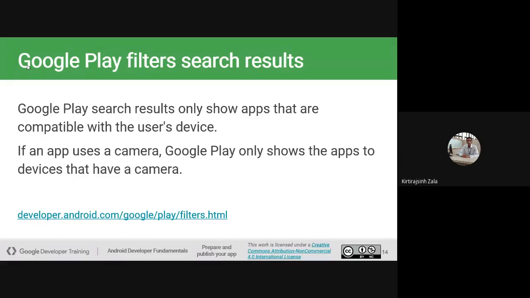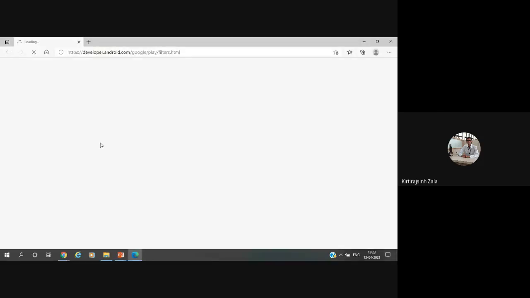If your mobile doesn't support the camera, then an application which needs camera permission will not be shown. For more information, you can go to developer.android.com and you will get an idea. Please check.